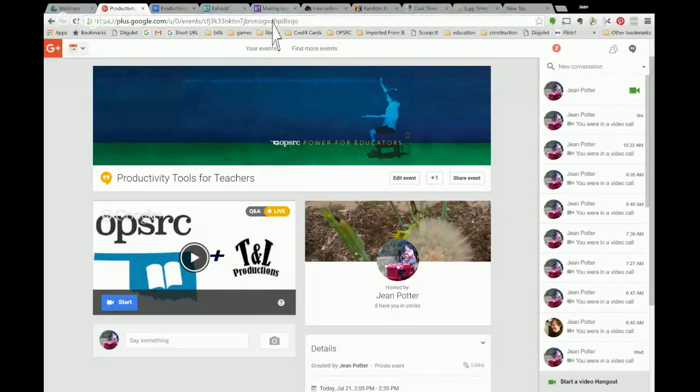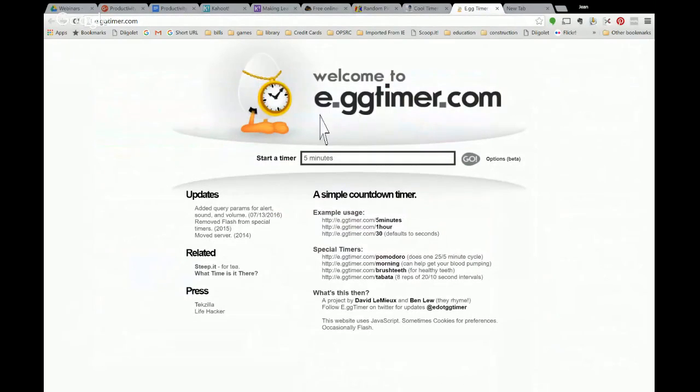Okay, the first tool I'm going to be talking about is a timer, kind of called an egg timer. This one is extremely simple, easy to use. You just type in the time that you need. In this case, I'm going to type in 5 seconds. But I could type in 20 minutes. I could type in 2 hours